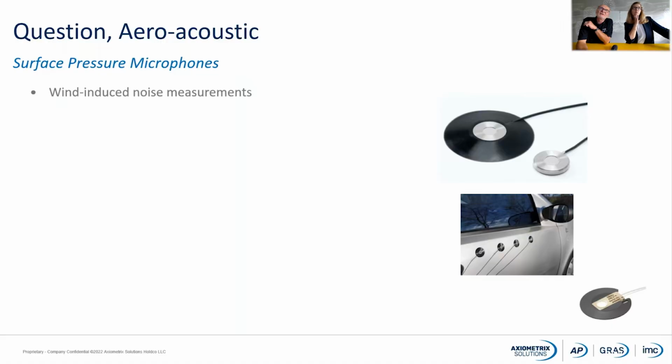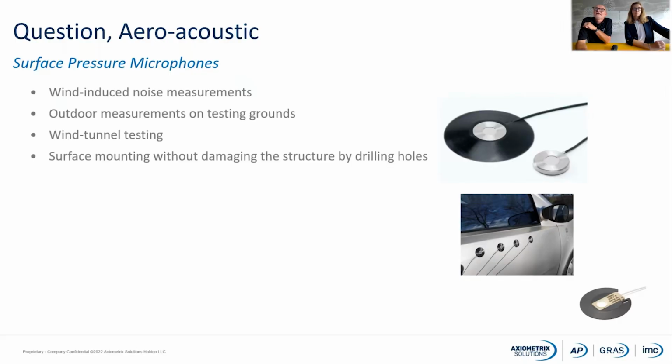Surface microphone is used where we have wind-induced noise measurements. Outdoor measurement on testing grounds, can it also be used for wind tunnel measurements? Surface mounted microphones are mounted without damaging the structure. We are not drilling a hole for the microphone on the door, for instance, of a very nice new car, but we are mounting the microphone on the surface of the test object or the surface of the wall